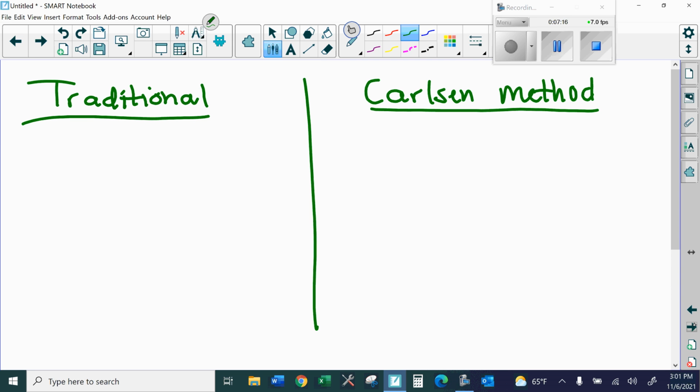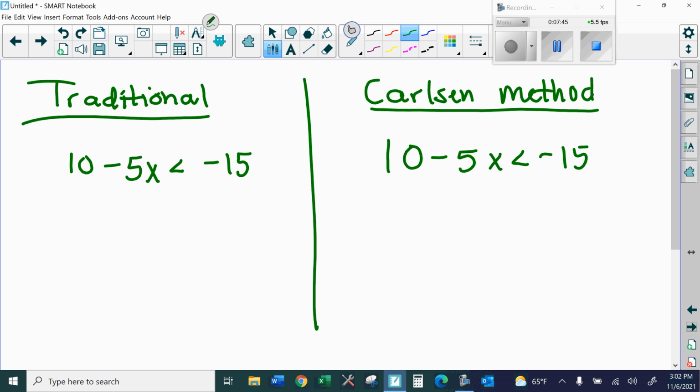Okay, so let's look at a similar type of problem. Let's say we have 10 minus 5x is less than negative 15. So I want to solve that inequality. Let's write it down again over here. Okay, and of course we solve all equations with reverse PEMDAS, reverse order of operations, as it's called. Okay. So again,